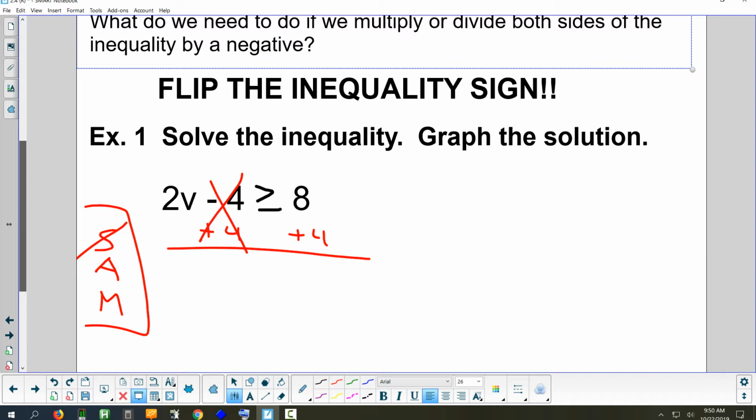Now, Kelsey, what's on the left side? 8 plus 4. We'll do that in a sec. We'll start with the left. Oh, 2v. You can start with whatever side you want, but I usually just start with that. So 2v. And then 8 plus 4 is